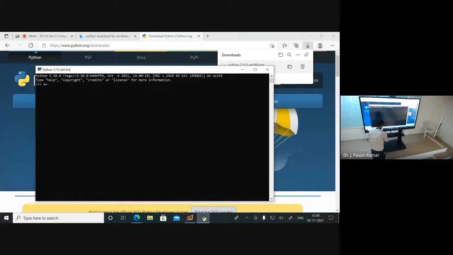Suppose a is equal to 5, which means 5 is assigned to a. I want to print a, so print a, then press enter. It will print 5. Got it? Like this, whatever code we have discussed so far, you can practice here. Further things I will show you in the next class.